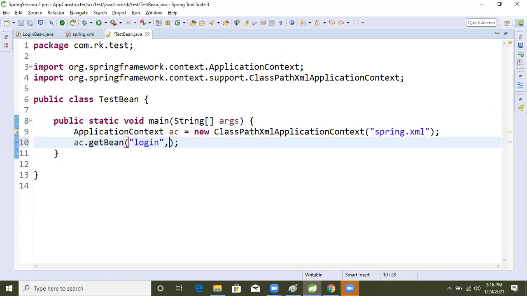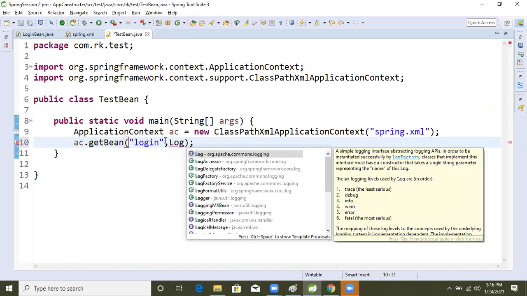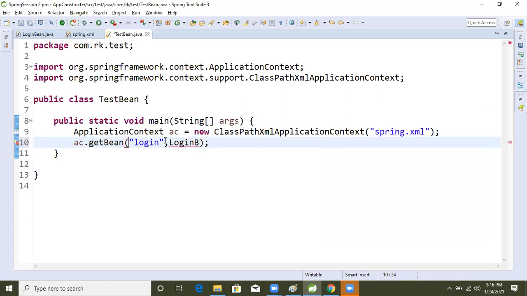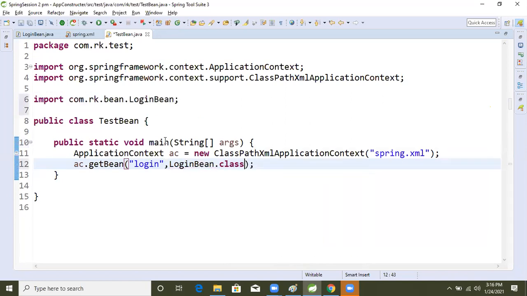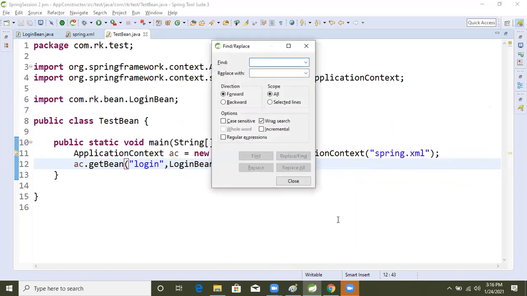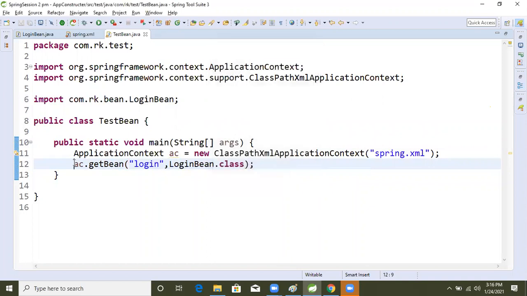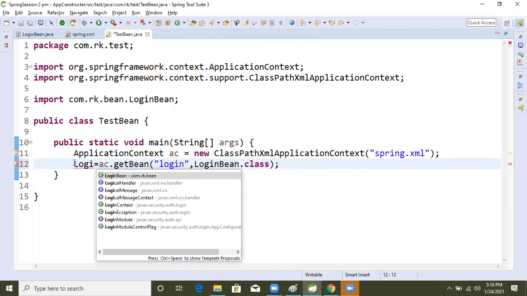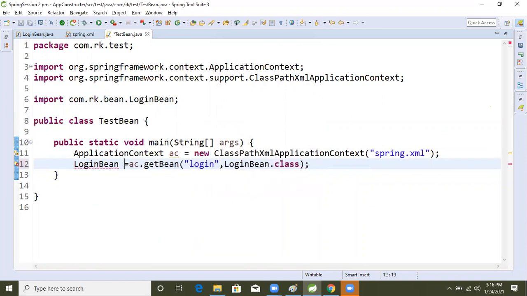Now the second argument is LoggingBean dot class, and it will return the logging bean object, the lb object.